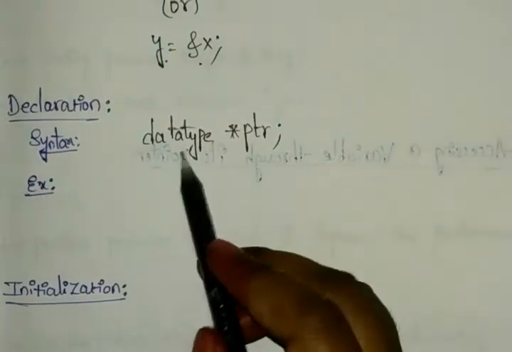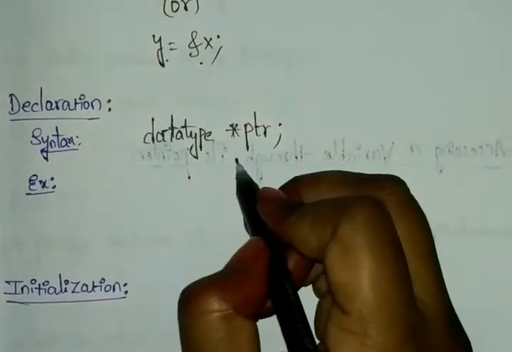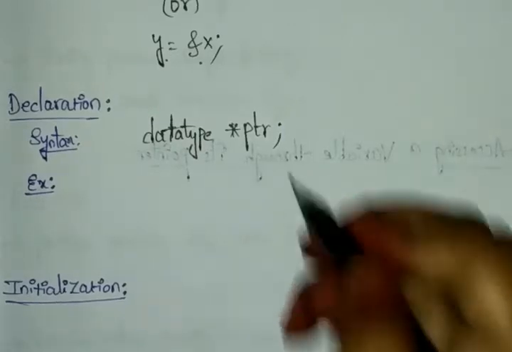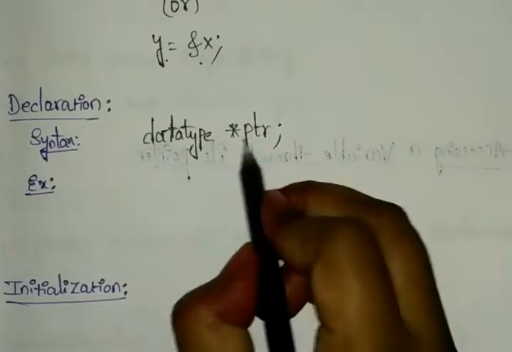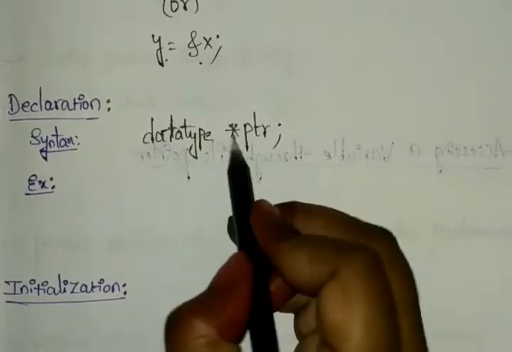Okay, so first you can define our data type, whatever data type you can declare, and here the pointer will always have a symbol like this. And for example, if you're defining this, whatever has the star symbol indicates that our variable is a pointer variable, so that can represent the value stored at the particular address. The symbol represents the value stored, and the particular address can be displayed by the symbol.